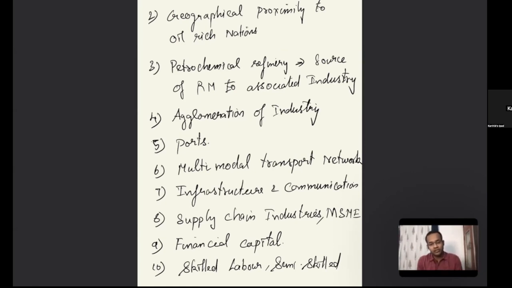Same goes on with respect to Goa. Multimodal transport system. You can take any examples. For example, the finest would be Mumbai regions. That's the reason I took Gujarat earlier, to give Maharashtra here. Multimodal transport networks. You will have road transport, railway transport, air transport, and also the port transport networks